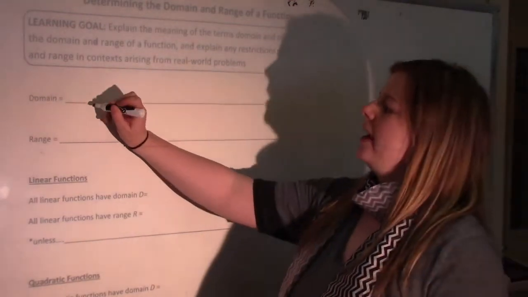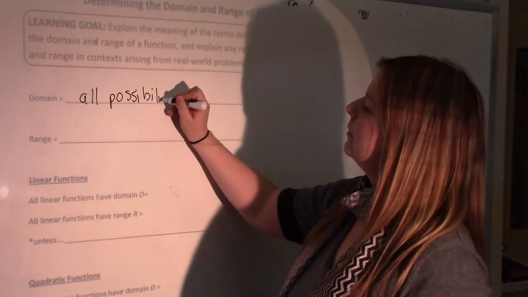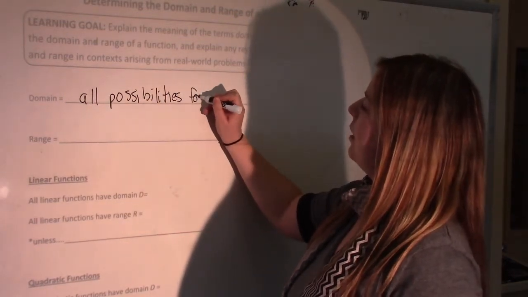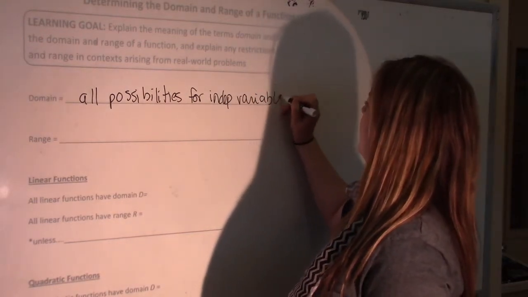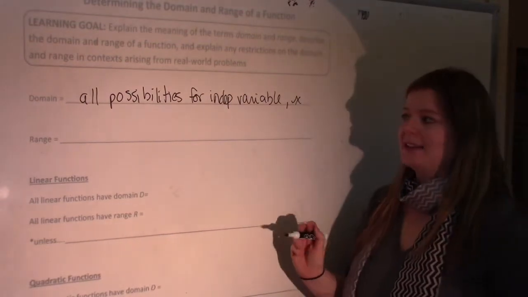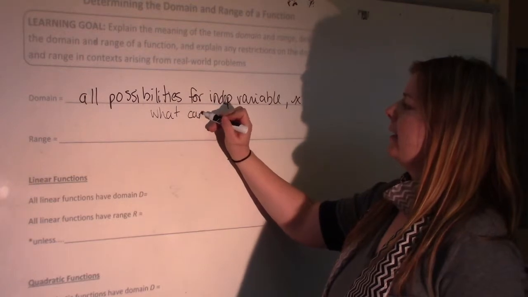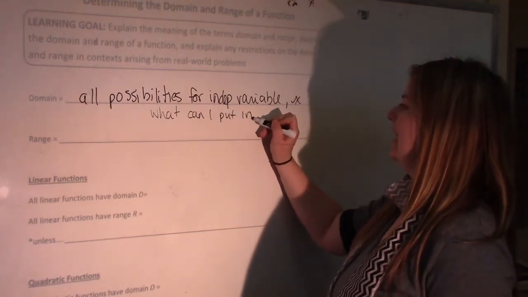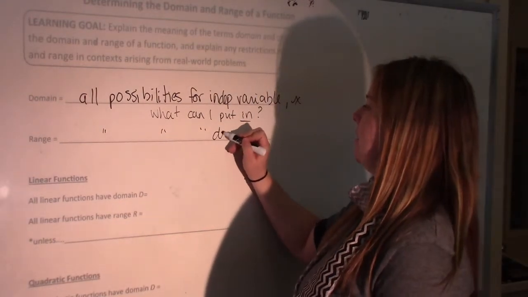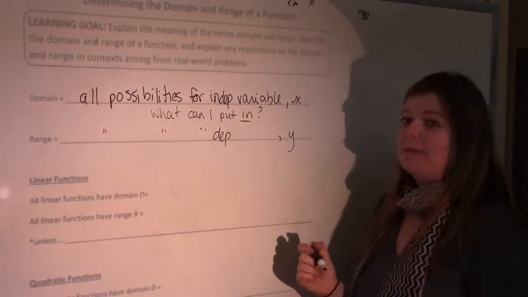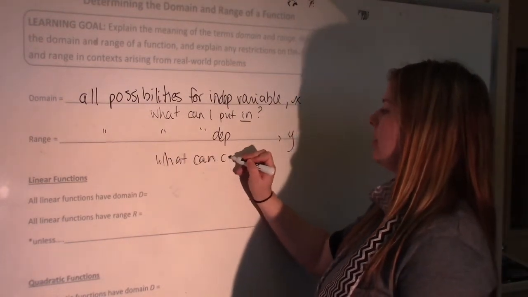So let's recall, the domain are all possibilities for the independent variable of a function, which is usually x. So think about, what can I put in the function? The range are all possibilities for the dependent variable, which is typically y. So think, what can come out